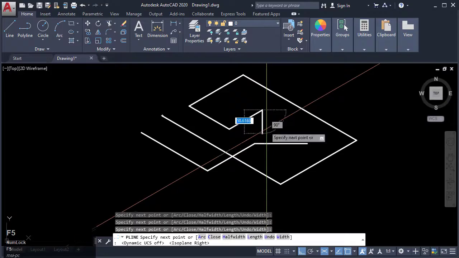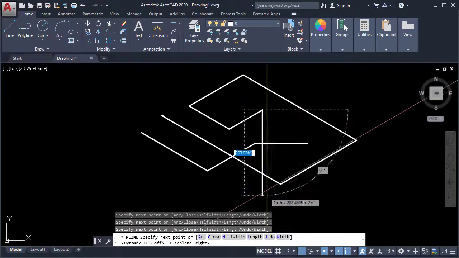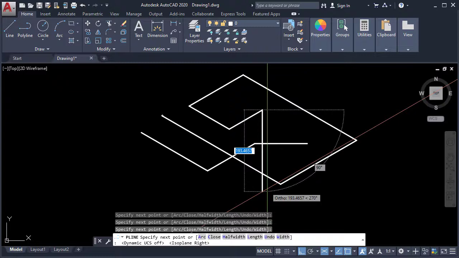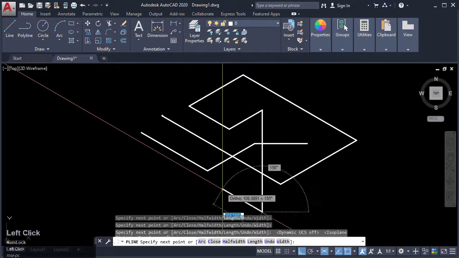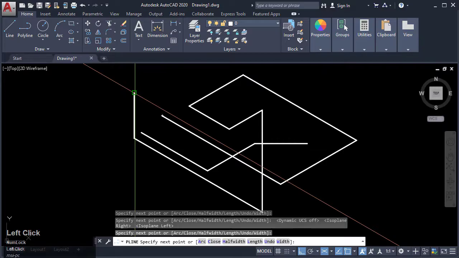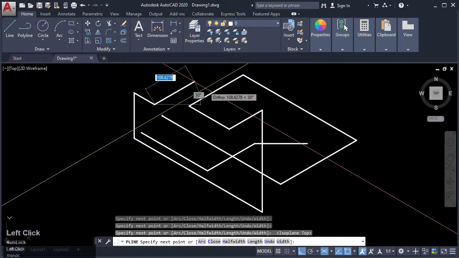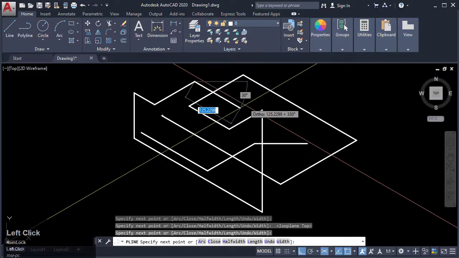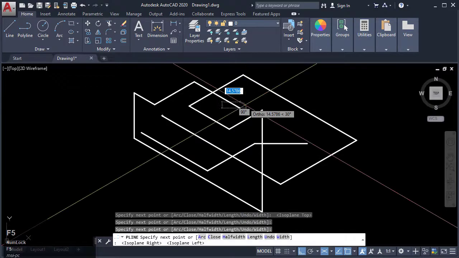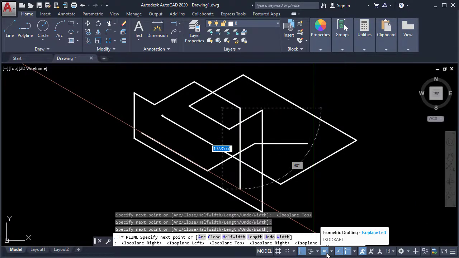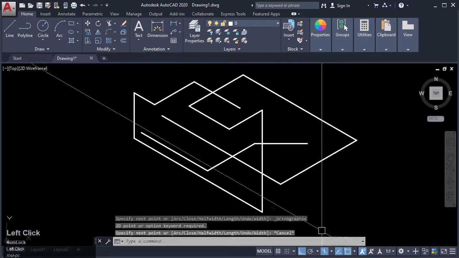F5. And what happens is that axis is rotated. Press F5 again. It will rotate again. So depending on which direction, you can adjust the mode of your drawing by pressing F5. It allows you to rotate your axis. So if you disable that again, you will go back now to your